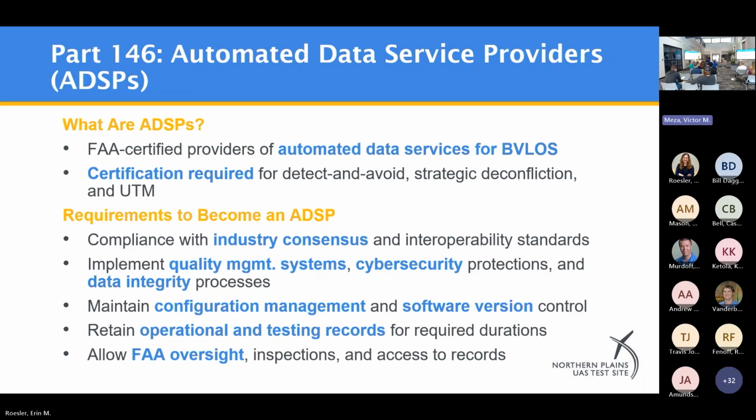If I have any comment on 146, it is for anyone that had said that Vantis was over-engineered and overly robust, 146 just proves them wrong. I would say today, Vantis currently hits 90 to 95% of the requirements that are proposed in 146, which is a huge relief off of our team's shoulders. But it really illustrates the level of rigor that the other service providers in this area will have to overcome in order to become certificated under Part 146.